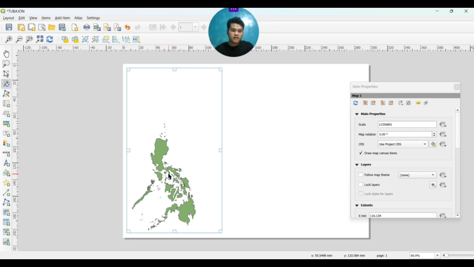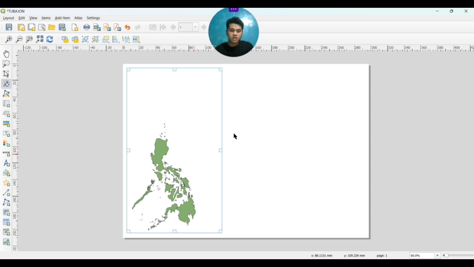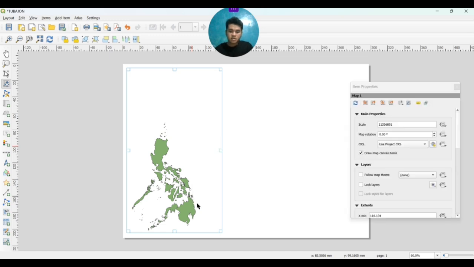Before moving on, once you have positioned your map, just right click it and look for Item Properties. Click Item Properties.